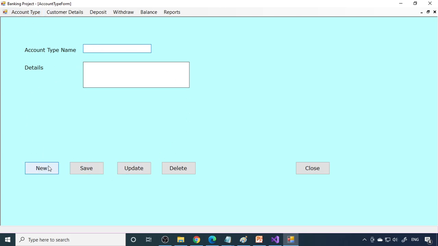Account type, so it came here. So new, what are the account types? Okay, so let's say zero balance account. So this is zero balance. This is the account type name. So this is a zero balance account. No deposit.